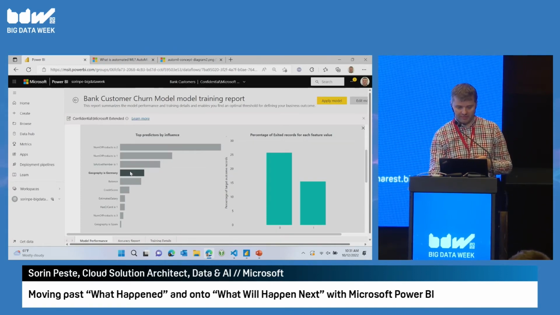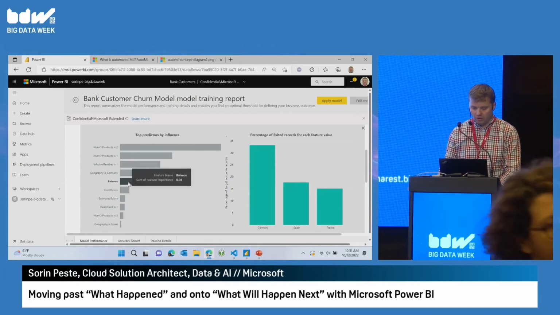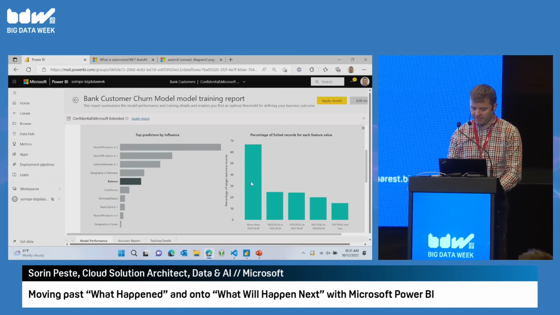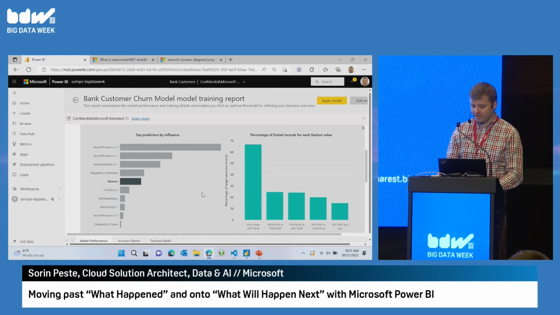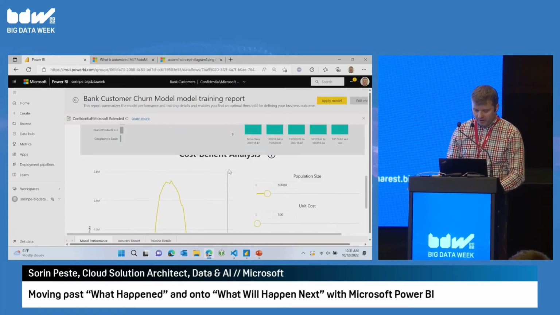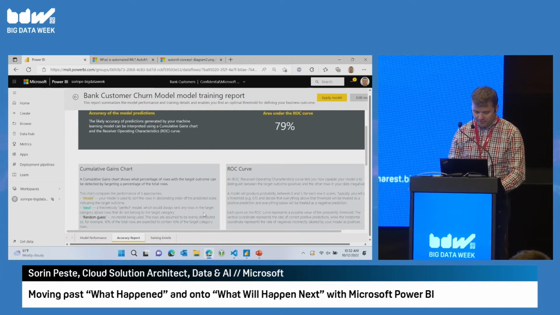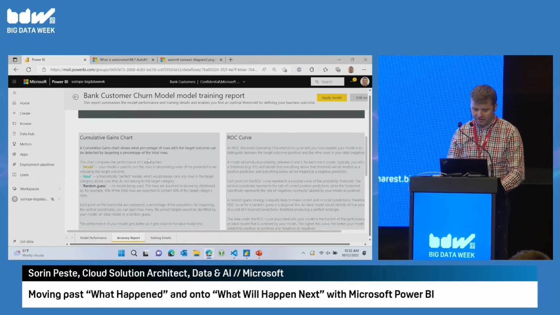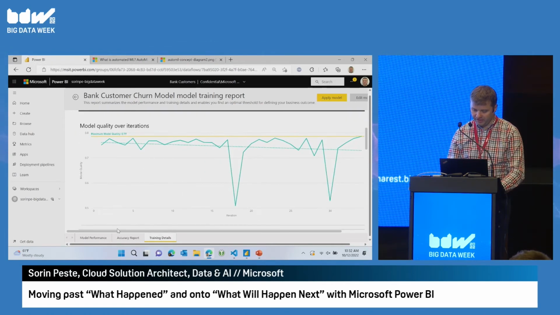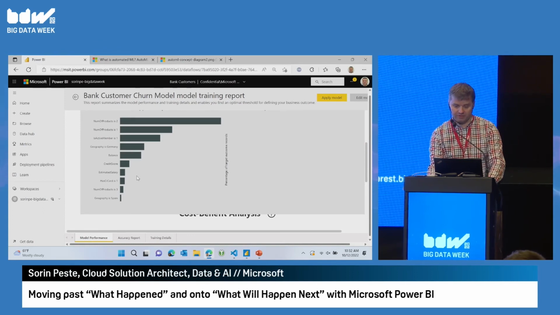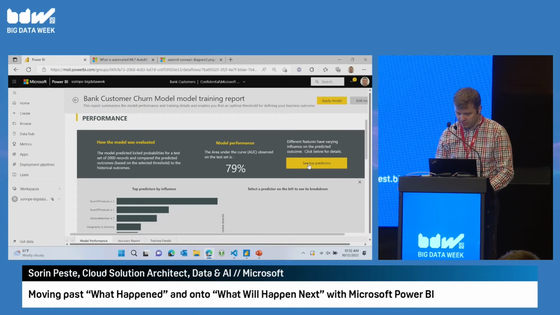So you can see that there are some things that it was able to pick up, like the fact that geography being Germany is a good predictor on its own, or the balance may actually have some impact. So it will give you the top predictors by influence on this model. There are also a lot more tabs here for the data scientists, like ROC curve, cumulative gains, and all the training details, the model quality, and so on. I'm not going to get into that. Don't have time, sorry. If you want to ask some questions afterwards, I'm ready to do it.